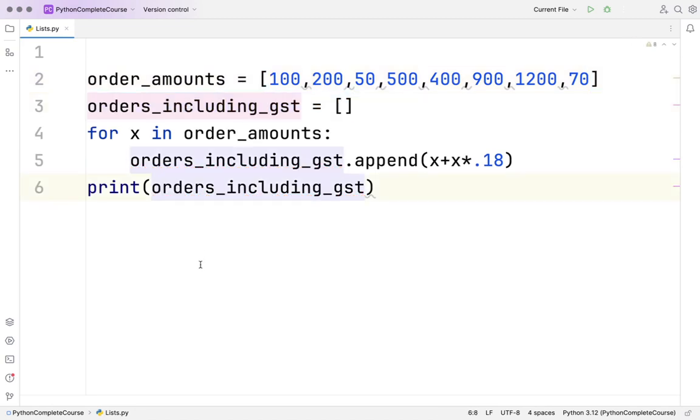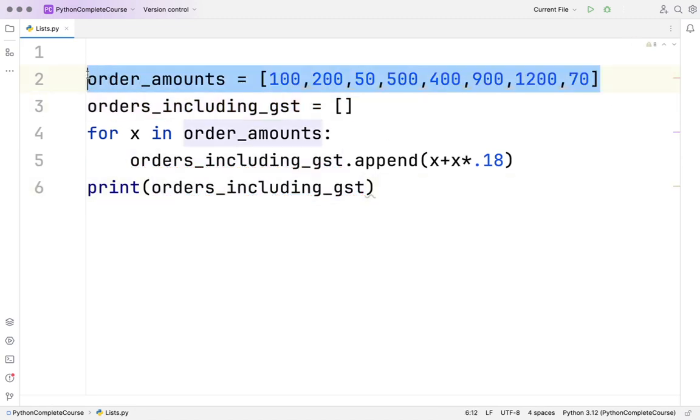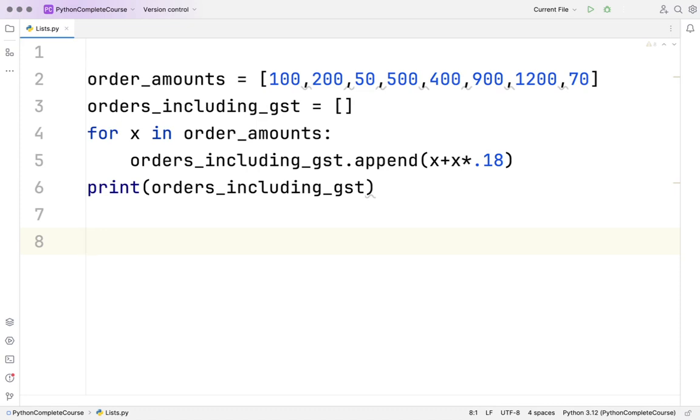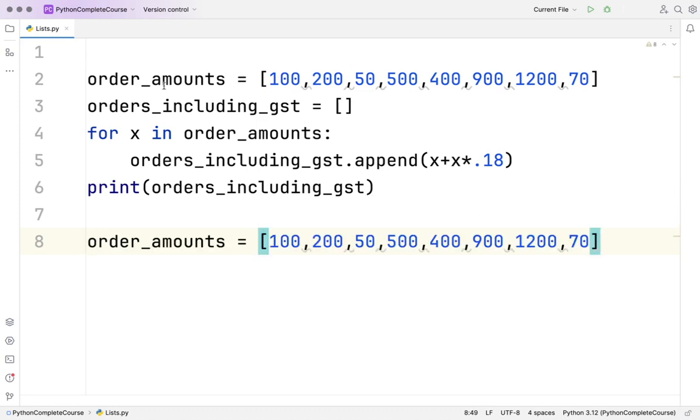I will write the code here for list comprehension, and later I will remove the previous code. I'm just doing it that way. Anyway, this input we are taking. After this, I do not want this, I am not putting it. I will just say for X in order amounts,